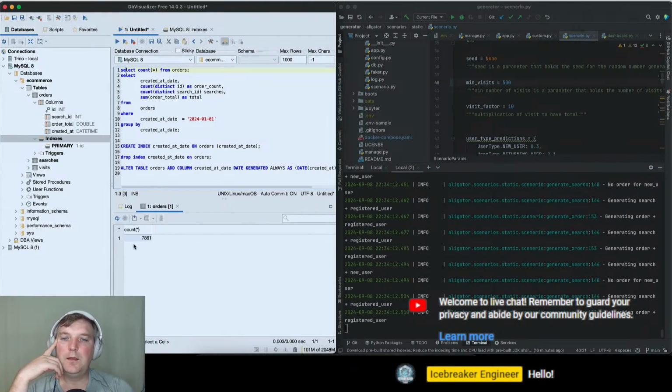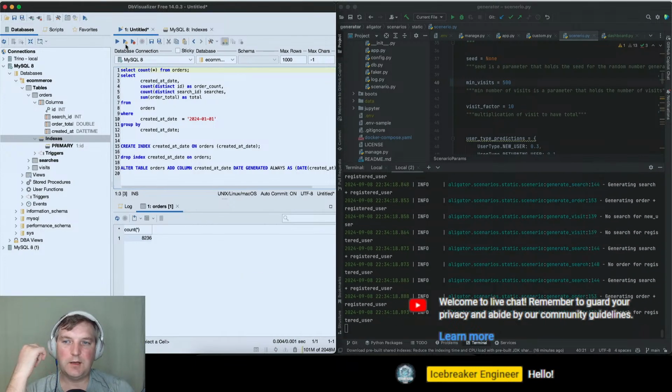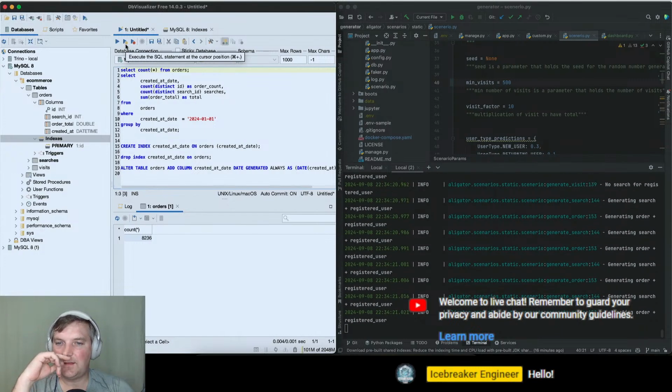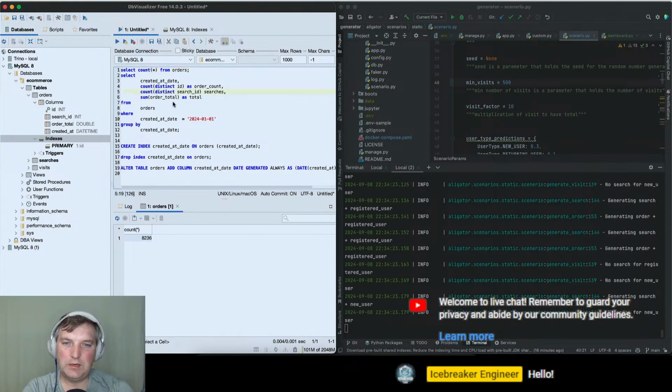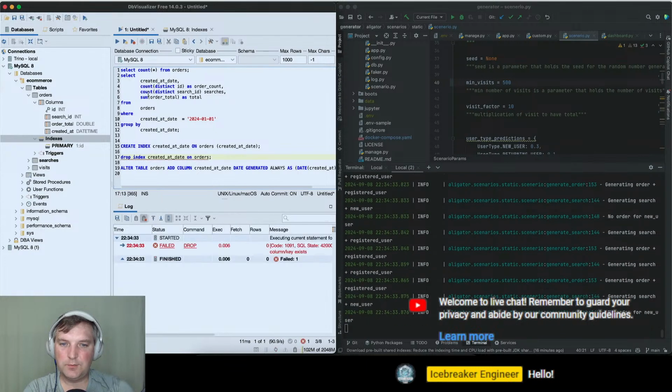By the way, when you have this amount of data, it doesn't matter how you write your queries. It just fits into memory, and it runs very, very fast. So we don't need to do any of these types of optimizations. It all depends on the amount of data you have. So did we already drop the index?